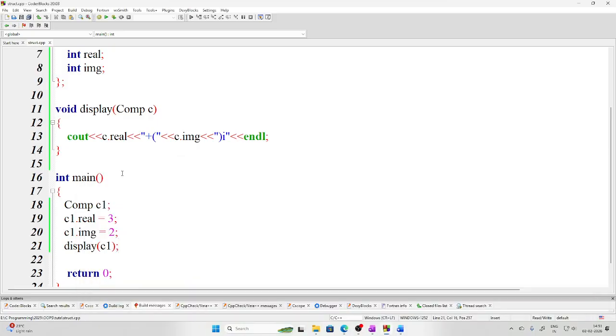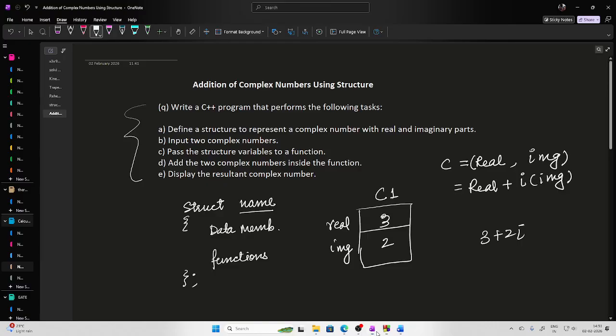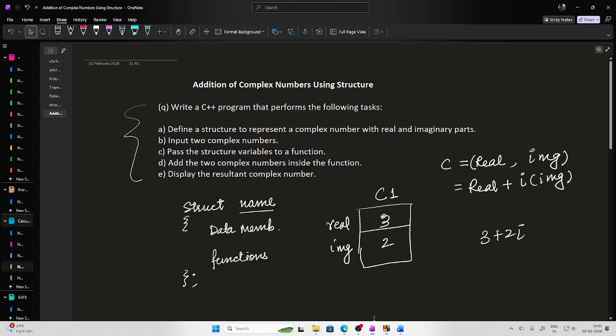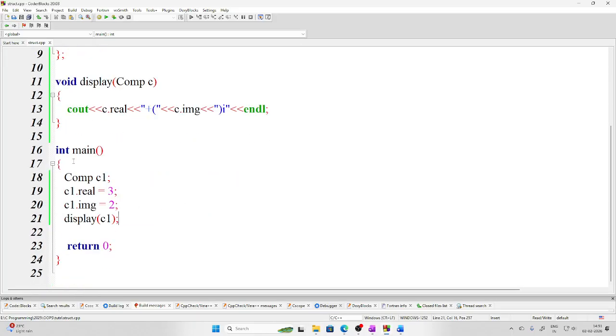Now let's say I want to create another. So what was the problem? Define a structure to represent a complex number with real and imaginary part. This is what we have done here. And then it says input two complex numbers. So one we have already done, this complex number. Another one we can also do. You can also do this with the help of